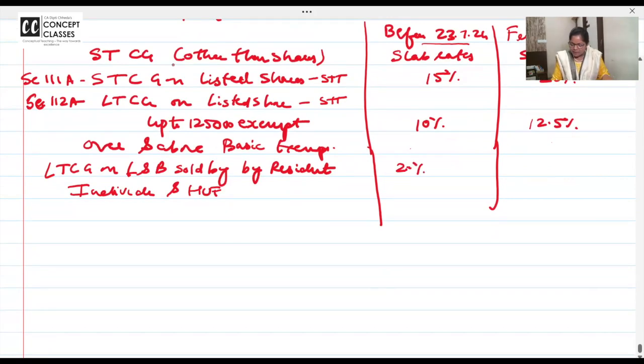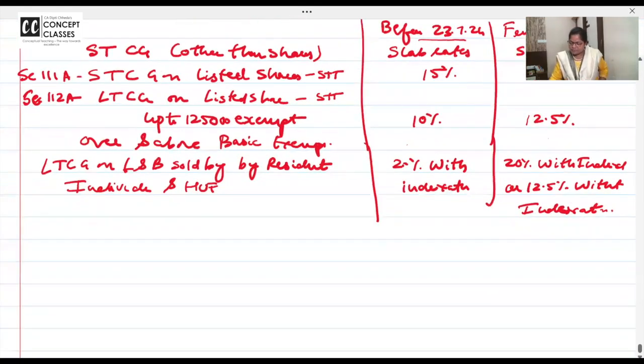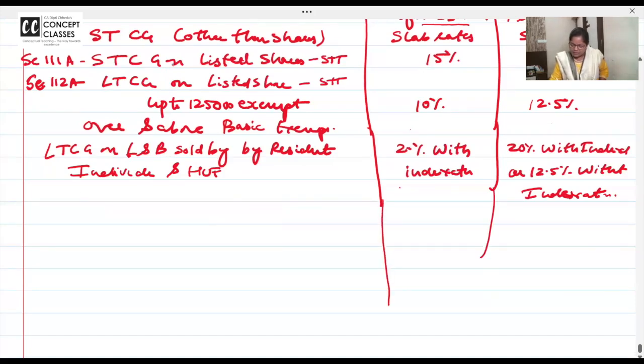So earlier it was 20% with indexation. Now you have a choice. 20% with indexation or 12.5% without indexation. You have a choice now. 20% with indexation or 12.5% without indexation. Is this clear to all of you? Only for the asset which is transferred. If you want, you can write here